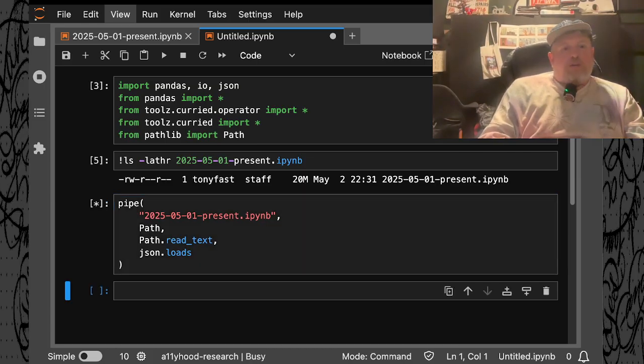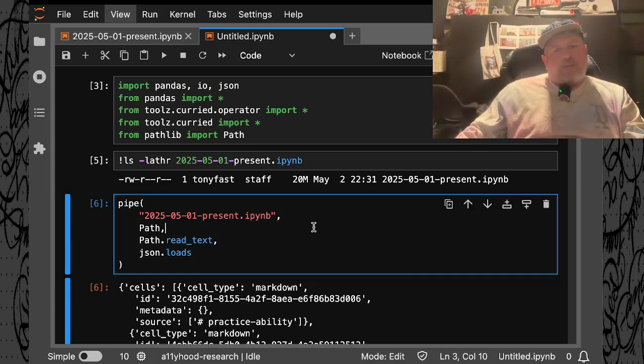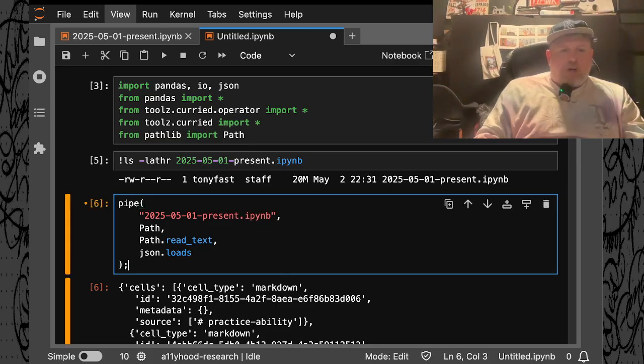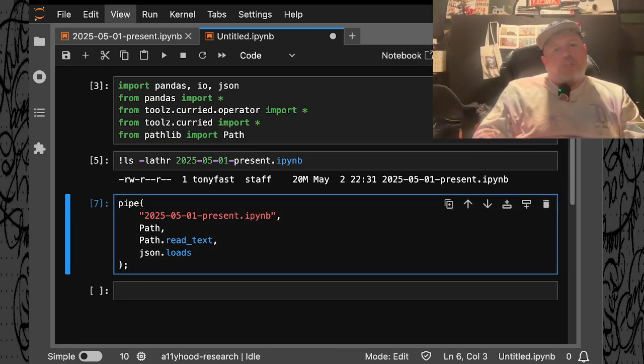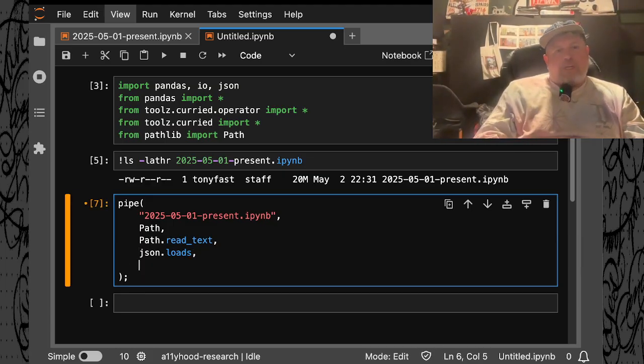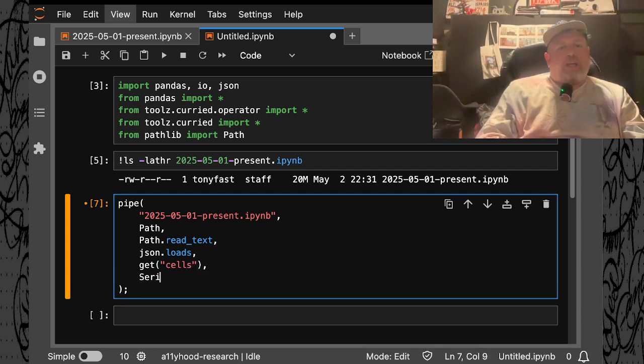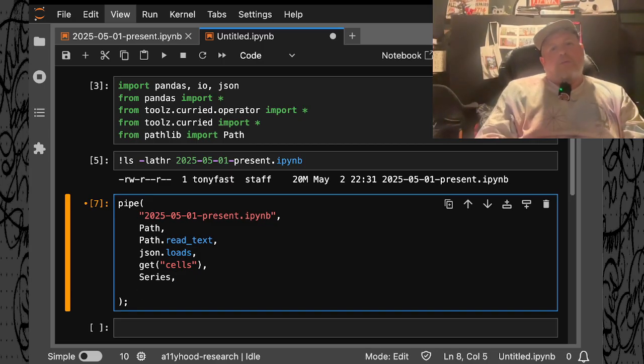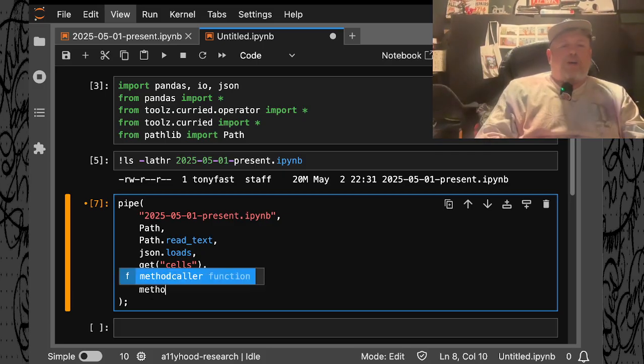Oh crap. No, stop. It's so big. All right. I'm going to put a colon here so it stops showing. I don't want to show it until I get to a data frame. And then from here, I want to get the cells out of this. And then I want to pass them to a series. And then I want to do a method caller,